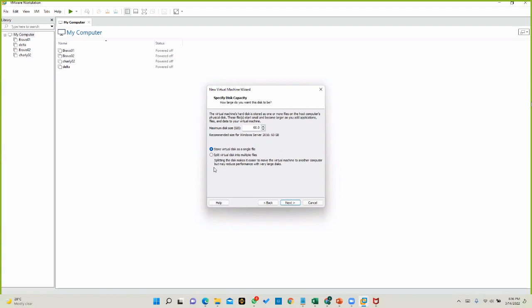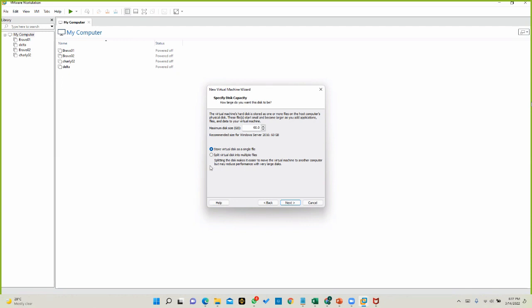Since this is going to be my lab server, it's very easy to create it as a single disk. If this crashes, I can choose this single file and I can power it up on any hypervisor, any workstation where I install it on any machine, right?